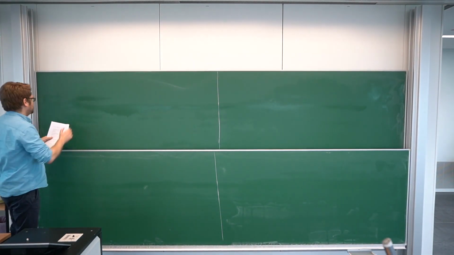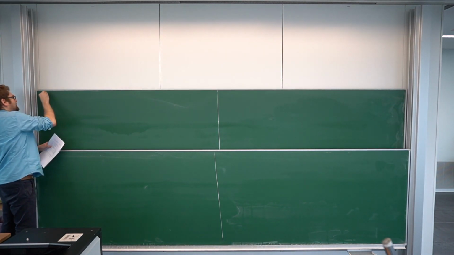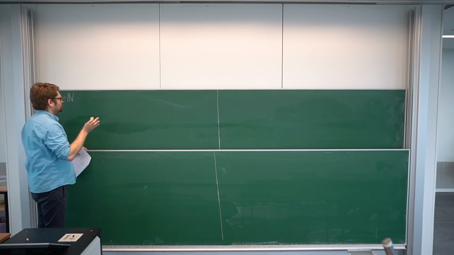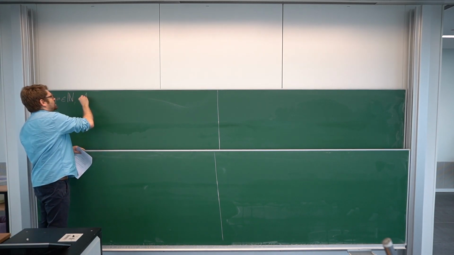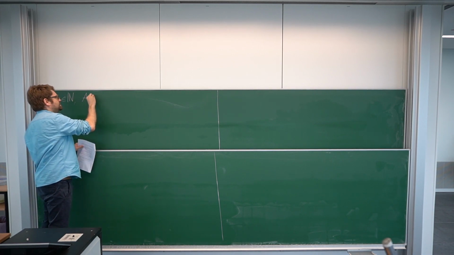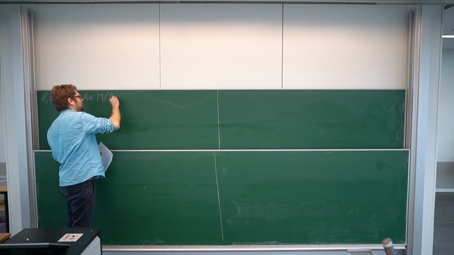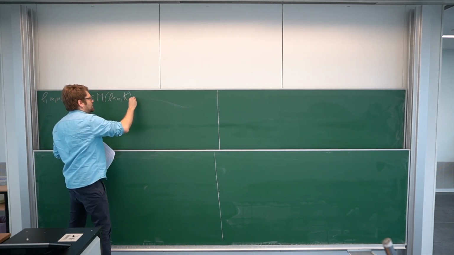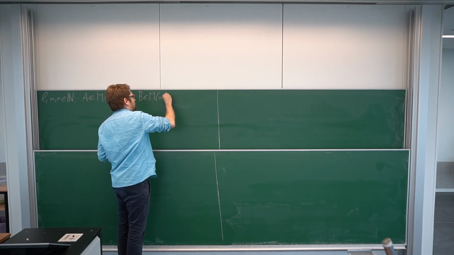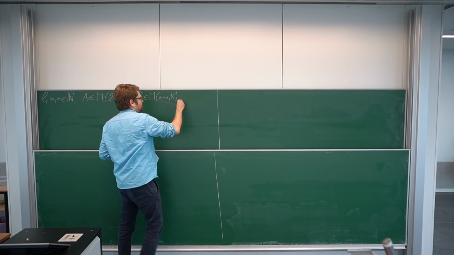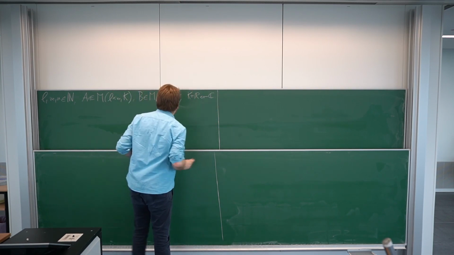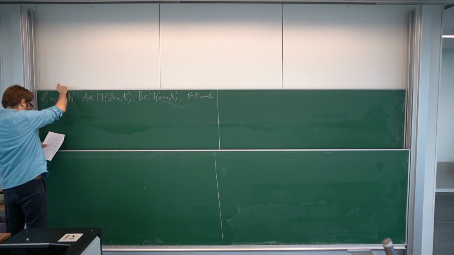So let L, M, N be in N, and now we take two matrices of arbitrary dimensions which we multiply. A is an L by M matrix, and B an M by N matrix in the same field K, and K is R or C. So in both cases this works. Then,